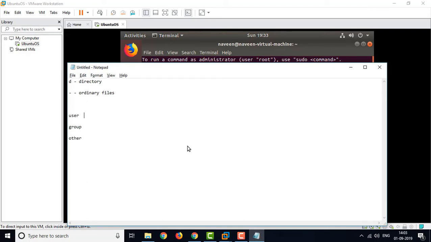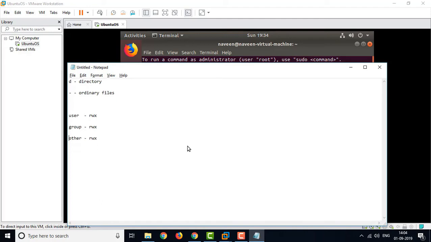For the user they have given 3 rights on the file or folder: one is r, another is w, and another is x. Likewise for the group they have given rwx, and for others also rwx.